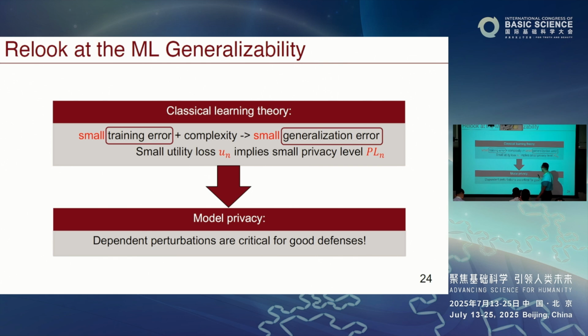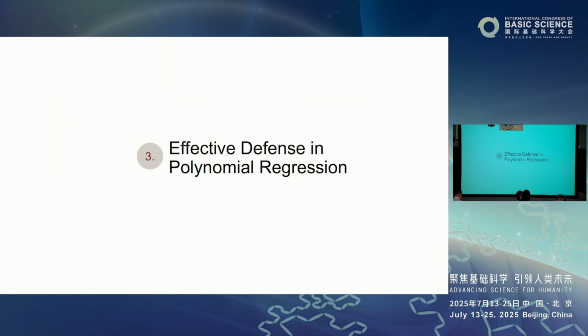And if you follow this learning theory, then if you add ID noise, that would be in the framework of traditional learning, right? And you would know that the privacy level would not be good, because the attacker can just use traditional learning theory to learn F star quite well, because they can cancel out. So therefore, it's critical for us to introduce dependence when we add noise, to make the attacker's job much harder. So that's our main message.